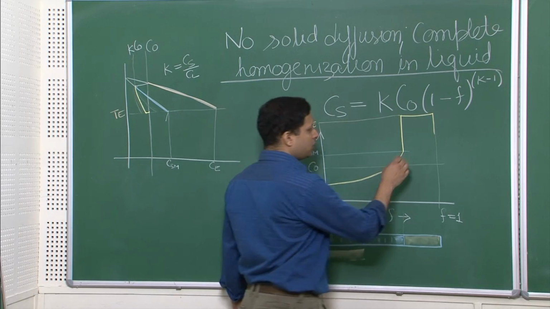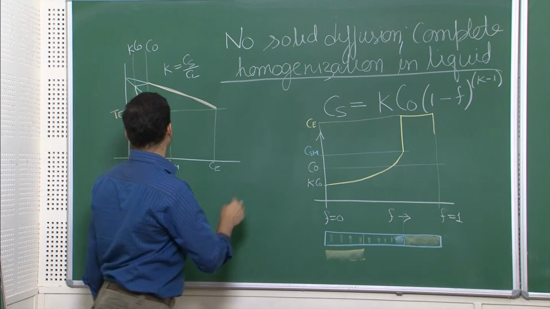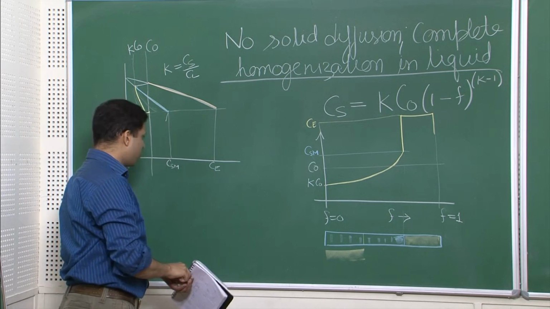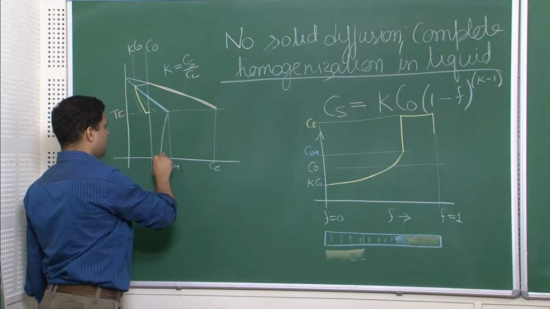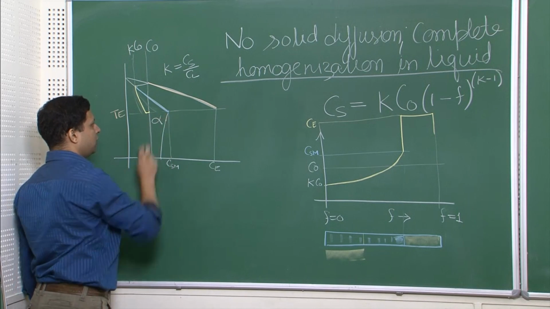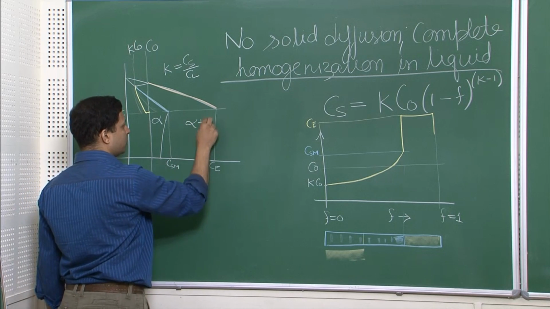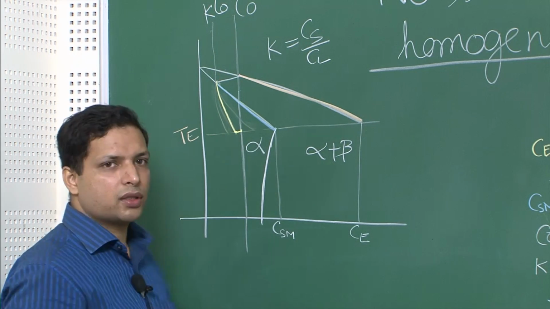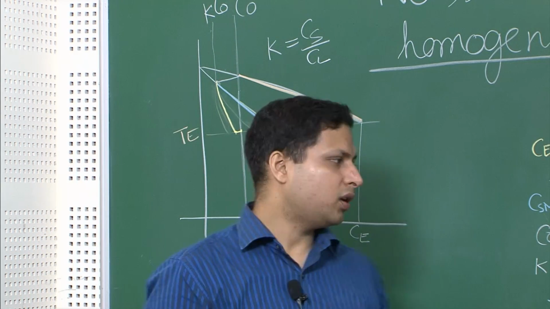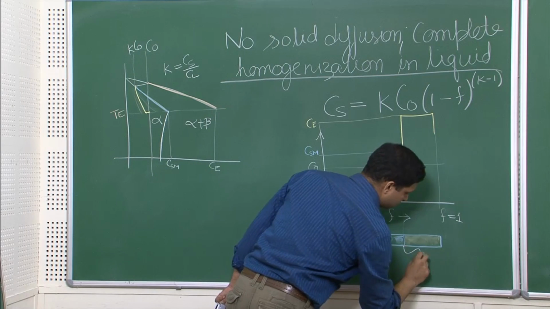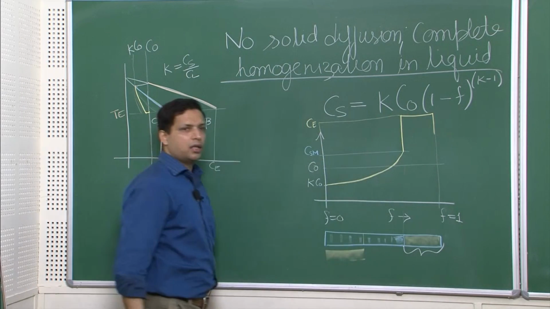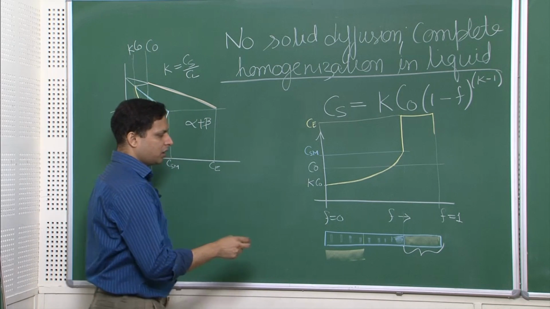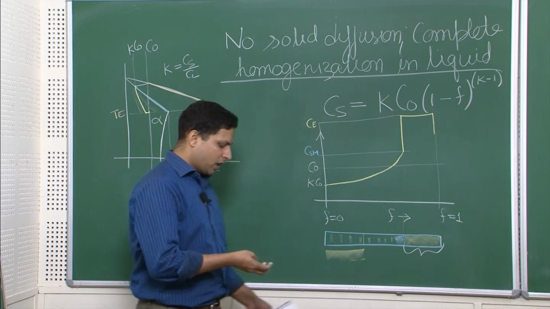Another interesting aspect is that this was supposed to be a single phase alloy, right? Over here you were supposed to get only a single phase alloy. If I draw it to the bottom, let us say this was like this, and let us call this alpha. Over here you had alpha, you were supposed to have alpha plus beta. So the concentration was such that you should have gotten only alpha. But what is this region? You see, the concentration over here has reached CE, the eutectic composition. So even though your composition may be that of single phase,